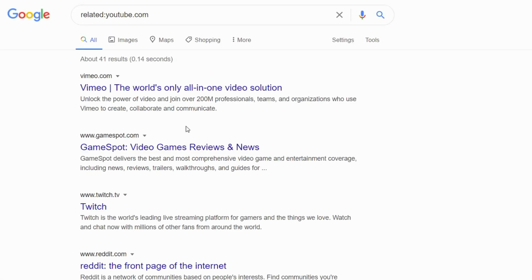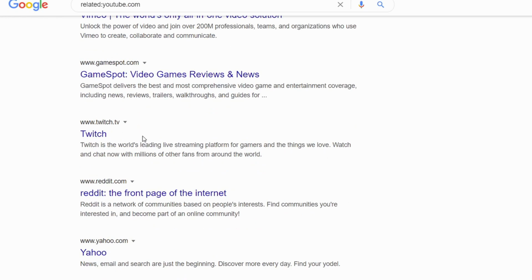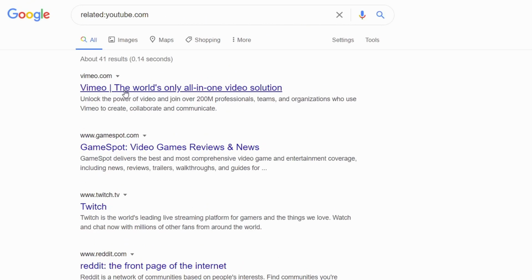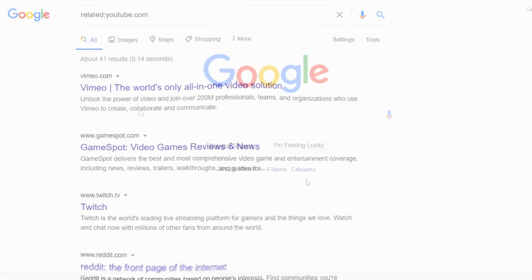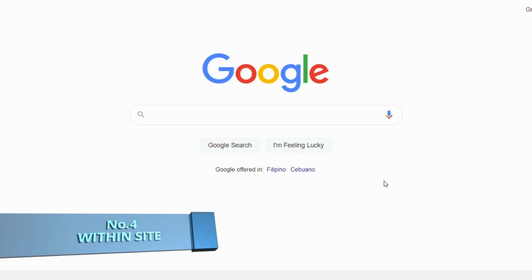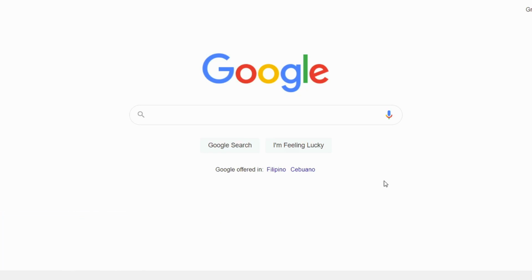Now this format allows Google to search for all other websites that are similar to the website you input in the search bar. So in this case, as you can see, the top other websites that are related to YouTube are returned. Tip number 4 is useful when you want to filter out other results that are not from a